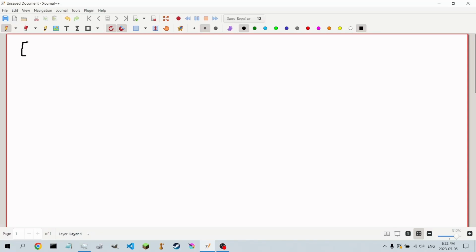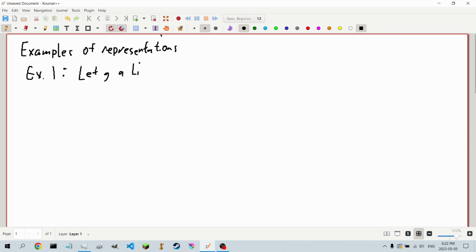Alright, so today we're going to start out looking at examples of representations. So example 1. We're going to let G be a Lie algebra over K,